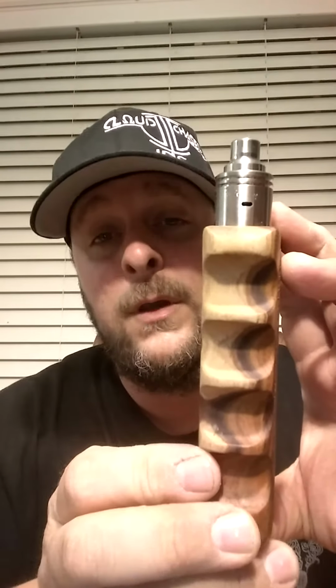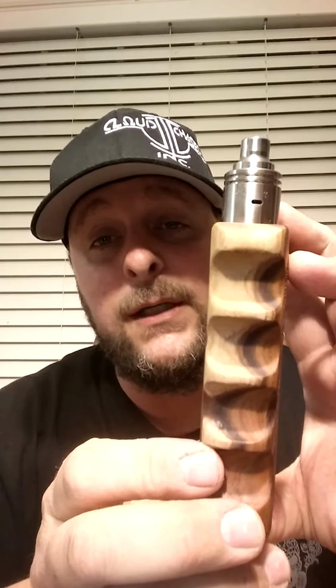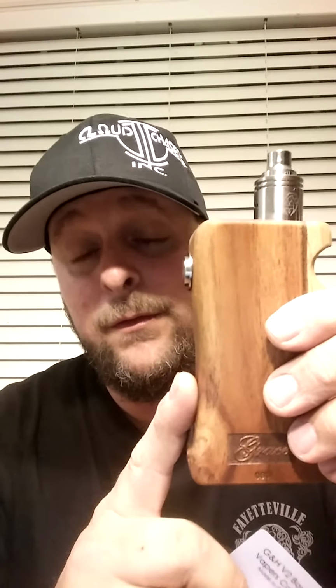So that's about it. I think I've covered about everything. I don't know what the price is. I'll admit that. Most of her boxes are $180. I don't know if there's going to be a difference in price for the one with the solid silver pin versus the non-solid silver. But you can contact her